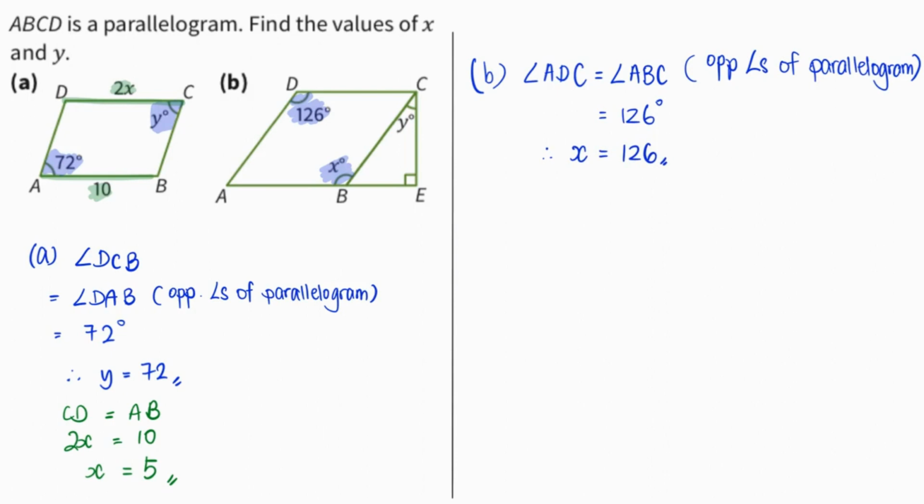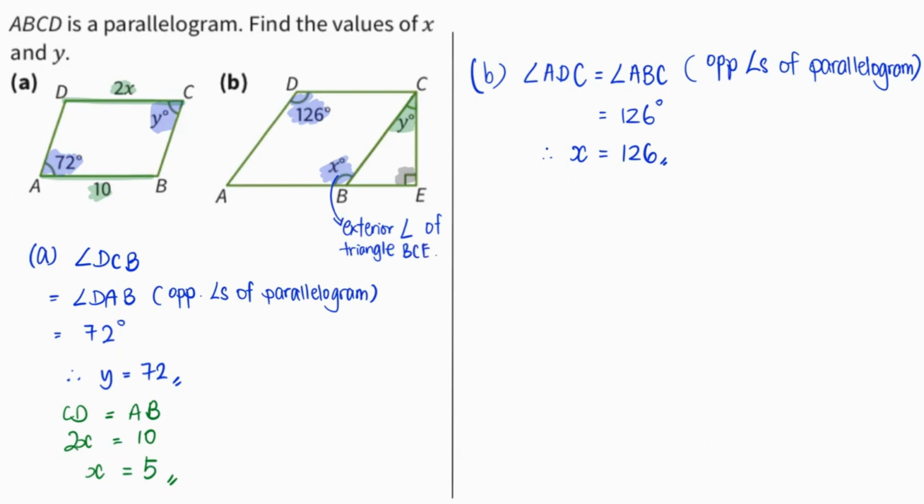Now, do take note that there is a special relationship between the angle y degrees, BCE, this is 90 degree, and angle x, because in this case here, do take note, angle x is actually the exterior angle of triangle BCE,